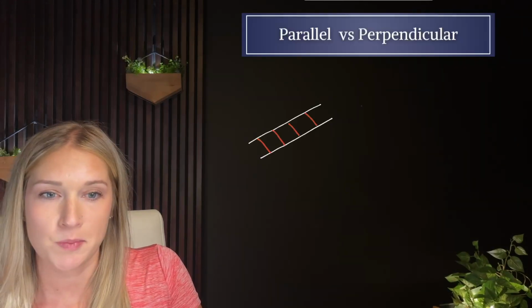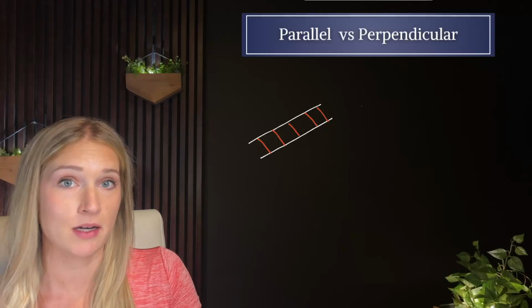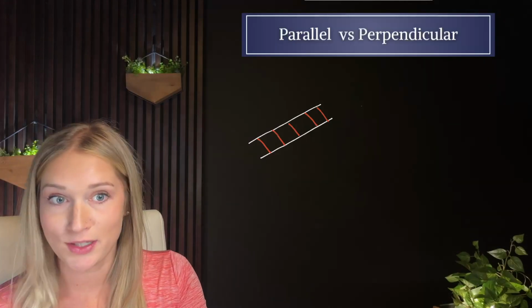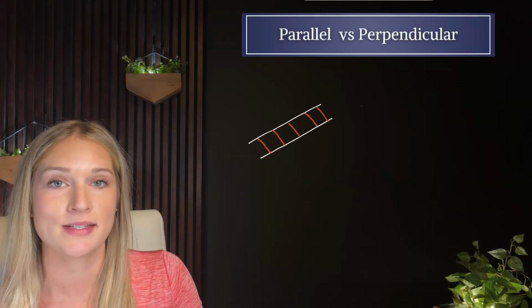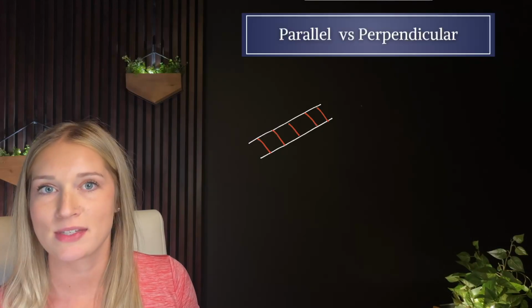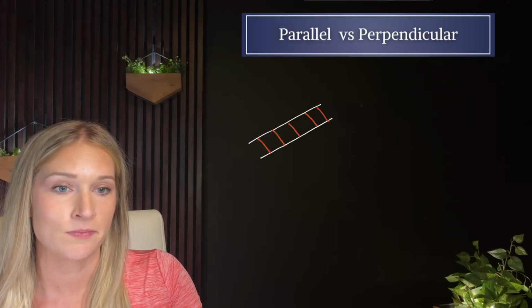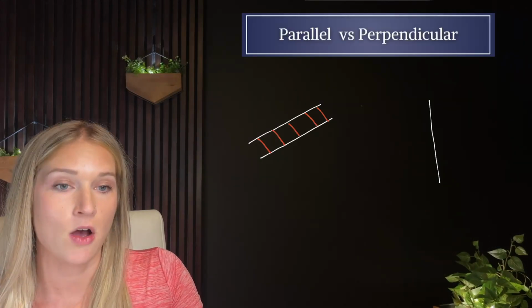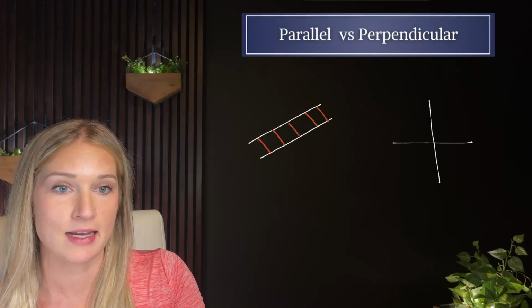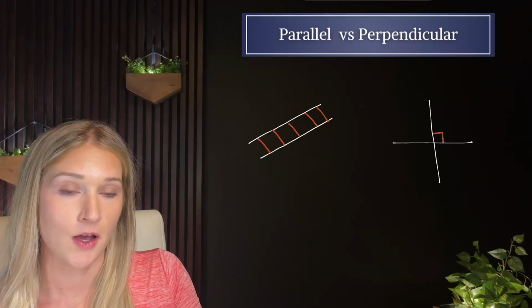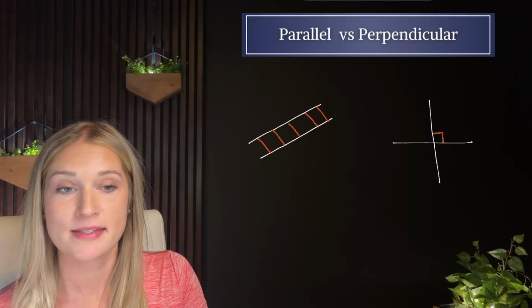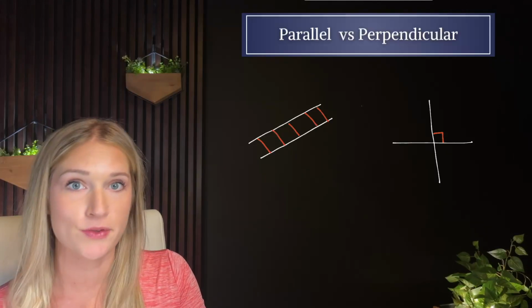A lot of times people use train tracks as a good example of parallel lines. You might also see a ladder here. But the important thing to know is that they never cross and that they have the same exact steepness. Perpendicular lines are two lines that meet at a 90-degree angle. Oftentimes you'll see a little symbol like this telling you that that makes a 90-degree angle, therefore the two lines